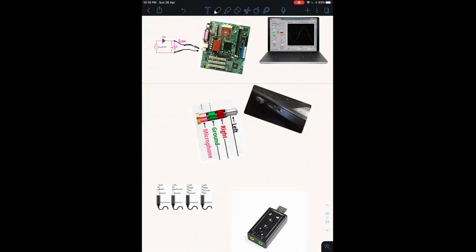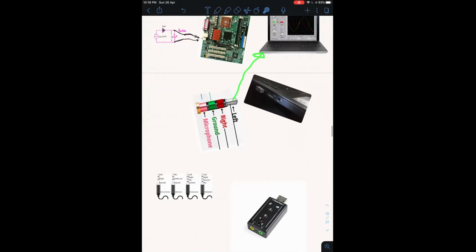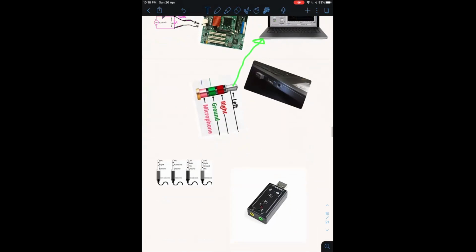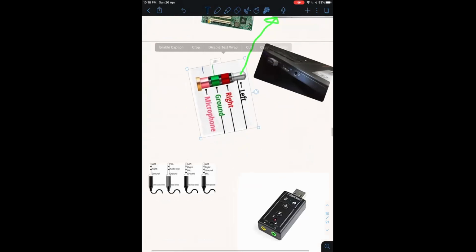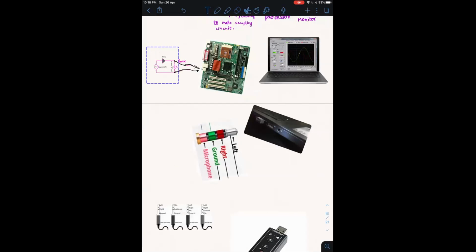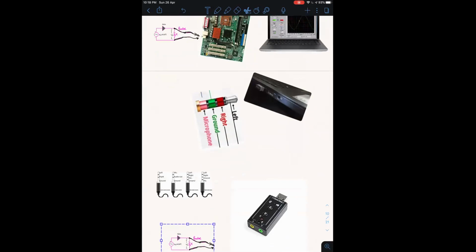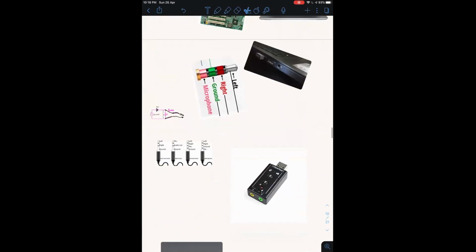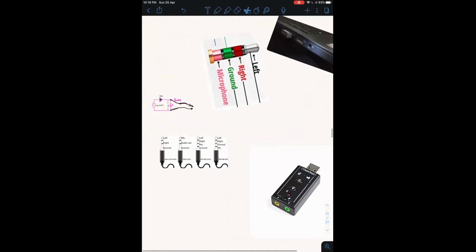When you connect this to the laptop, the voltages from our circuit go through this connector. As we have seen, in our oscilloscope there are two channels.